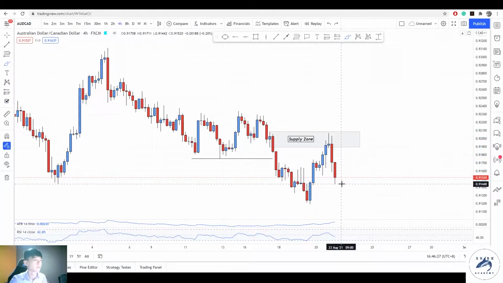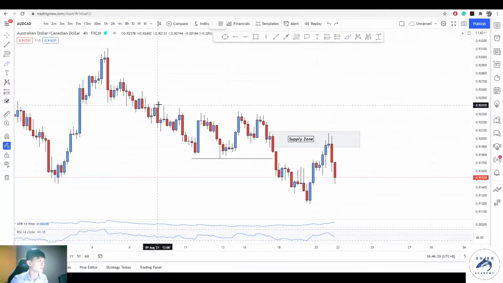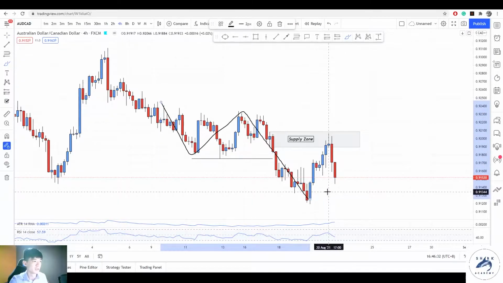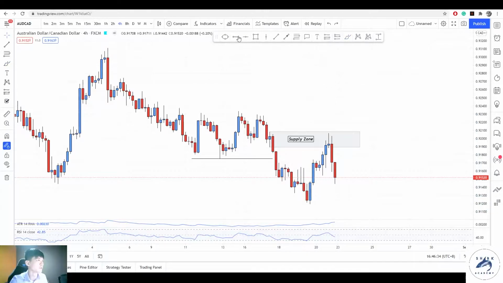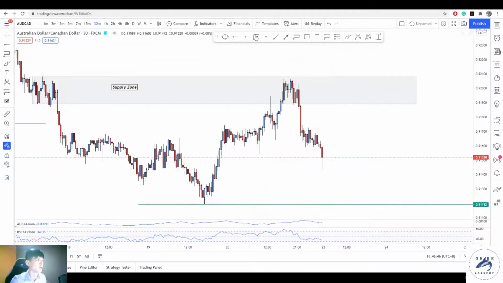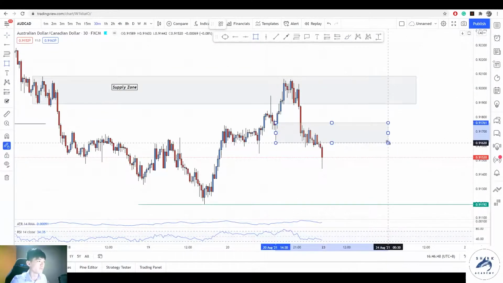moves. Why? Because you understand that this sell move over here left behind liquidity lows here. So this is ultimately our target. And as long as price doesn't reach this level, we are valid for sells. Okay? So now dropping down to the lower time frame, you can see over here, we have a demand area,